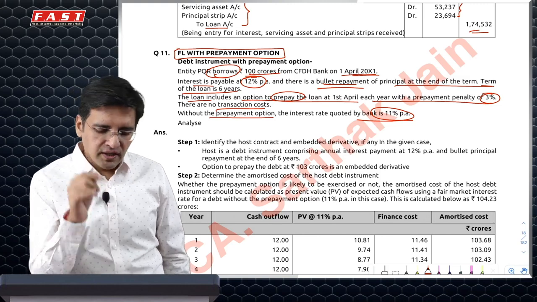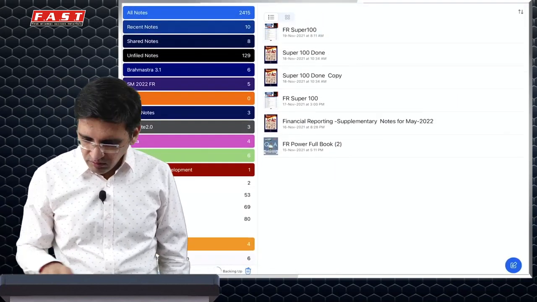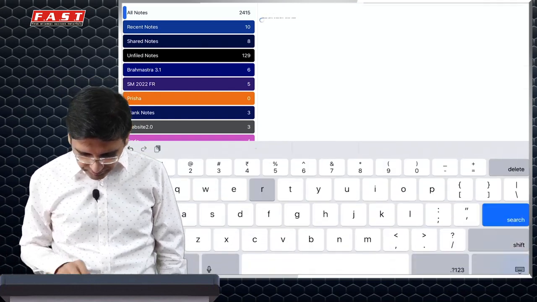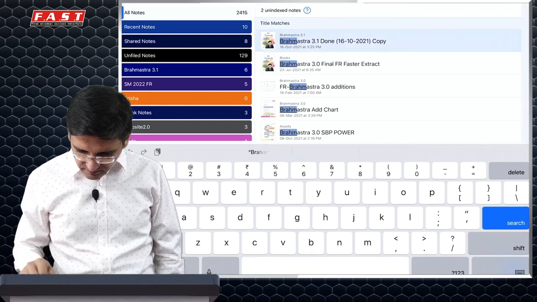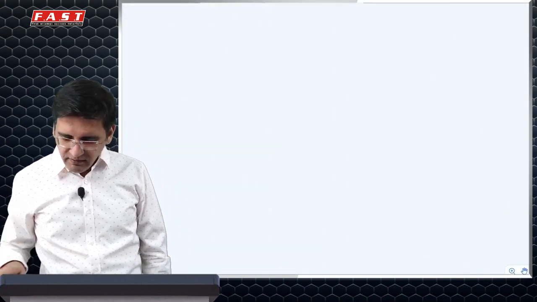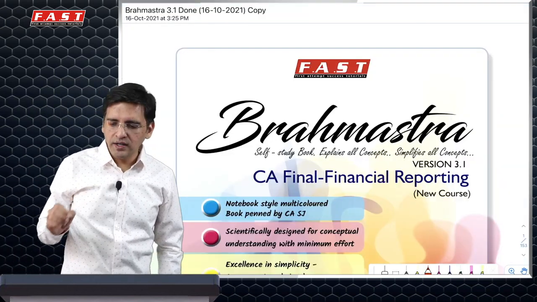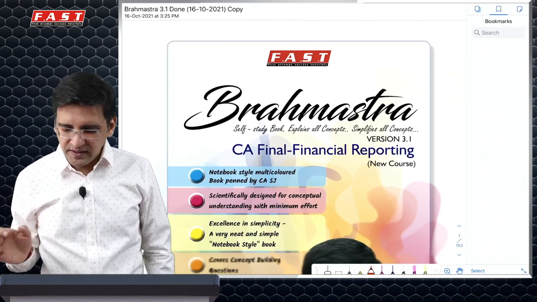If you have seen the embedded derivative concepts, I actually don't want to refer to the concepts and the notes for the moment, just to relate you well with it. Embedded derivative concept requires you to apply split accounting, which specifically says